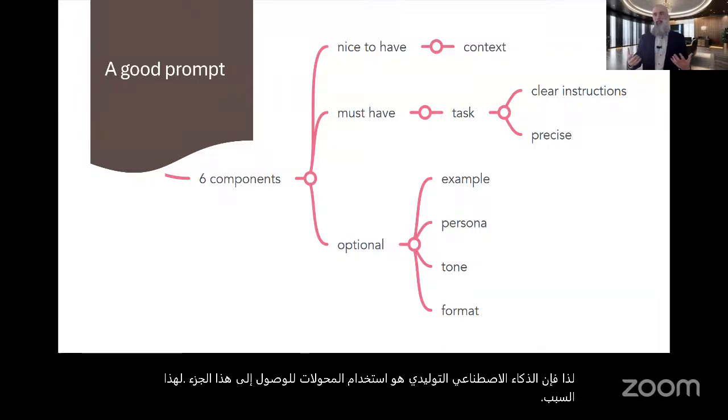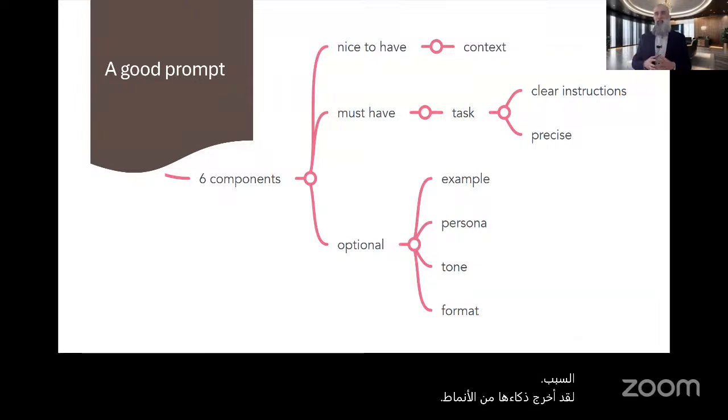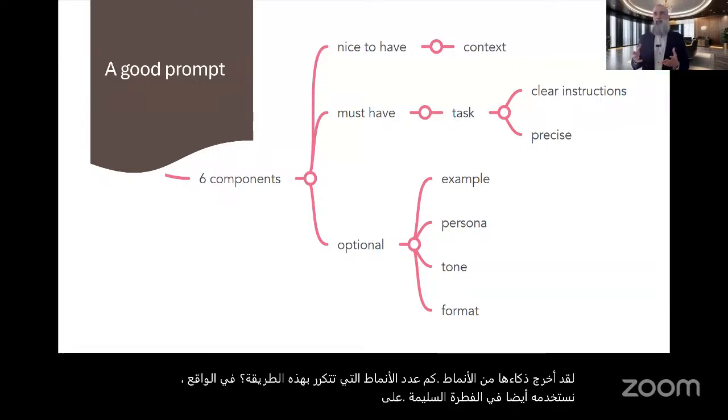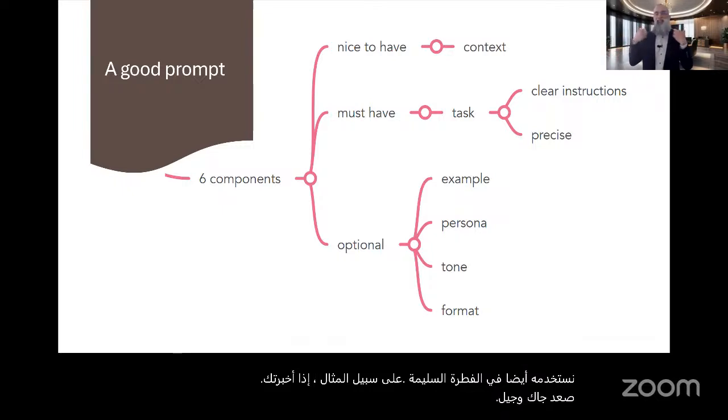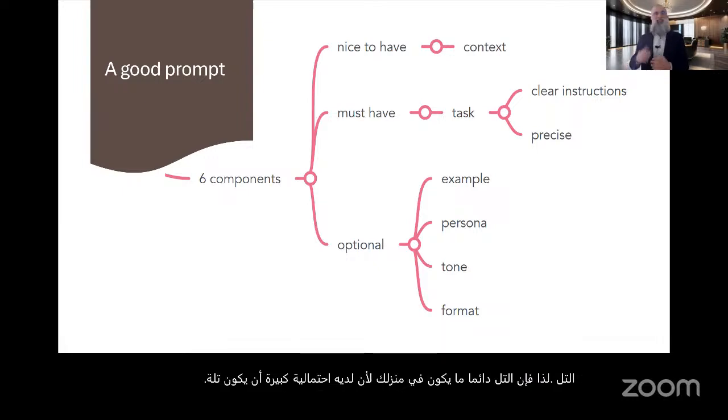How many patterns are repeated in this way? Actually, we also use it in common sense. So, for example, if I tell you, Jack and Jill went up the hill. So the hill is always in your mind, because it has high probability of being a hill. So Jack and Jill went up the hill. So this is how GPT is